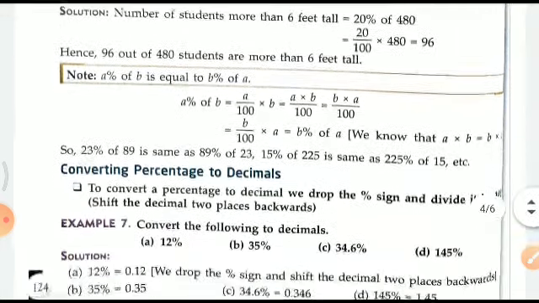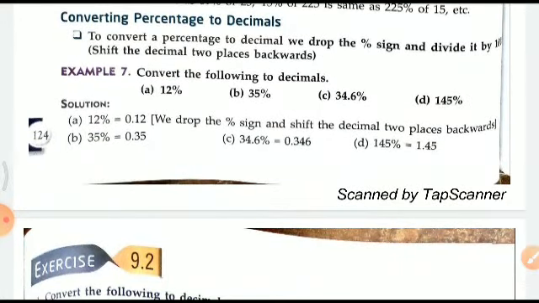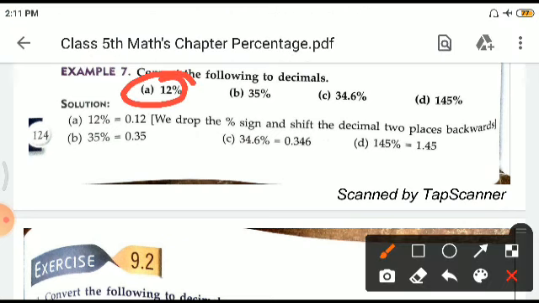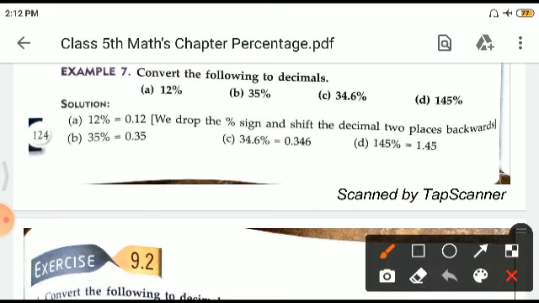Now, converting the percentage to decimals. To convert a percentage to decimal, we drop the percent sign and divide it by 100, right? Shift the decimal two places backward. Let me take the first one. It is 12%, that is 12 upon 100. Now what to do? Firstly, I have written it wrongly. Let me correct it. 12 upon